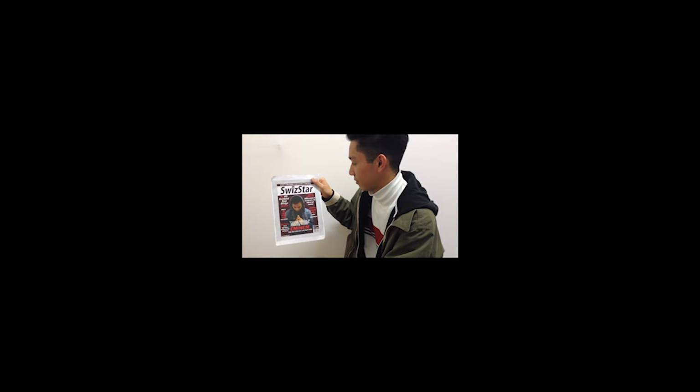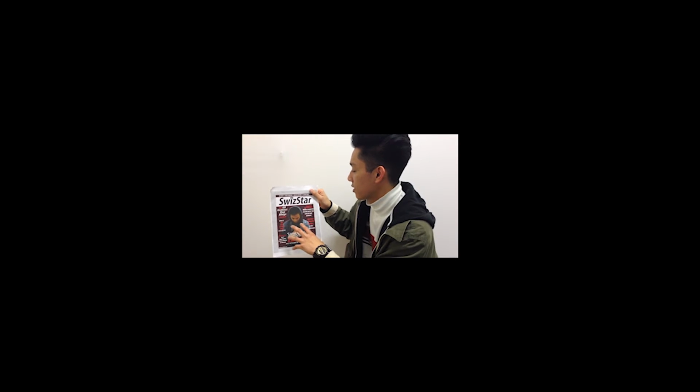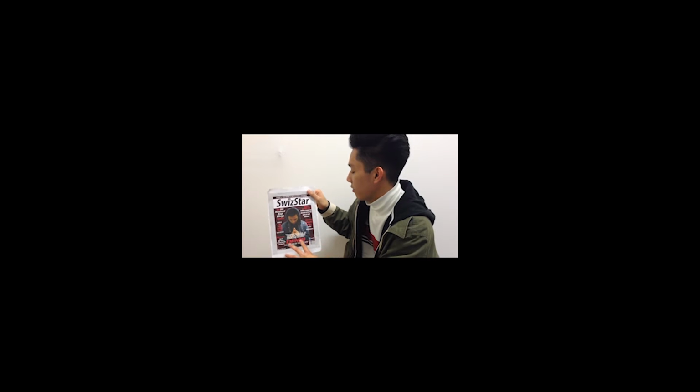What would you say are the strengths of the front cover? The strengths are that you have a good representation of Eminem in the image, right in the center of the actual magazine, and then you have the cover lines just located around the main focus, which highlights what the magazine